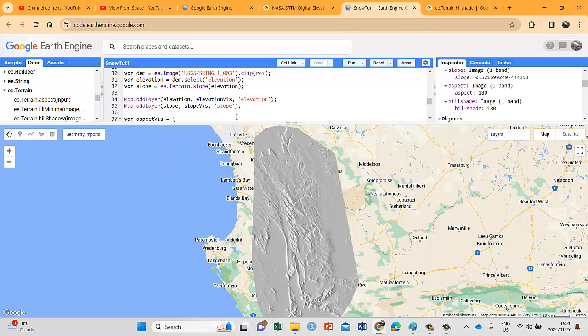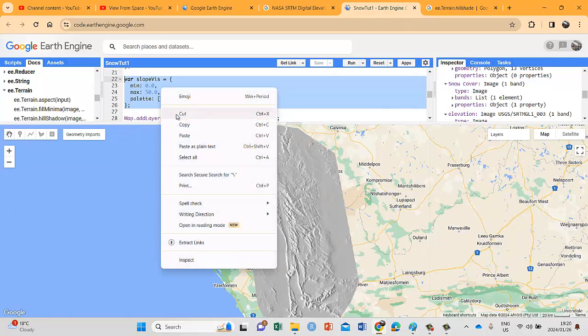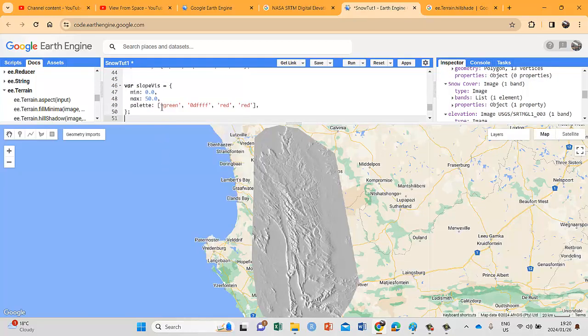Now again, I want to add some visualization, so they're all seemingly around the 180s and stuff. So let's quickly have a look and see its visualization parameters. So I'm going to just make some space there, and let's add it in there, and we call it hillshade. Let's take our time this time. Don't go too fast and make errors. Let's make it 100 and 200. Let's do that. Let's do it green,